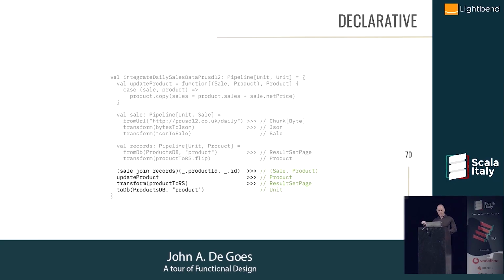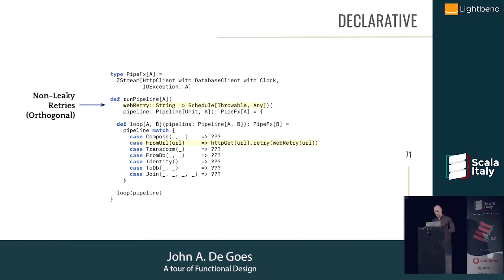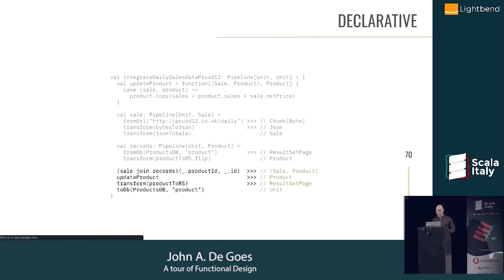But unfortunately, that leads to some nasty problems around testability. This has no continuations embedded in it. This is a static graph, and you can introspect every bit of this tree to discover the entire structure. That allows you to do some really interesting things, including, for example, pulling the retry logic out and putting it somewhere else. This part of the code knows that that URL has some trouble, and so when you run this pipeline, you can insert some special case logic to deal with problematic URLs, and then different URLs could get different retry strategies. None of that clutters the business logic. There's no cluttering of the business logic here.